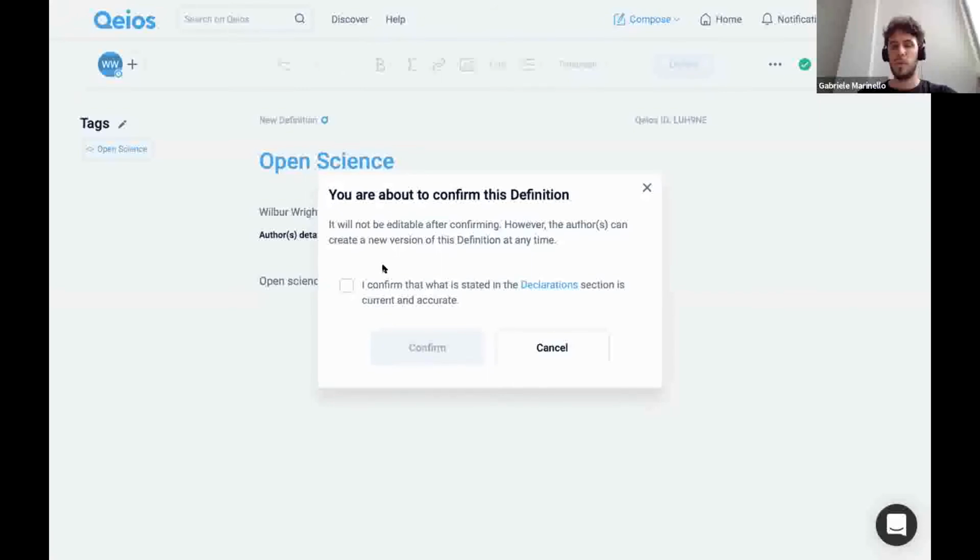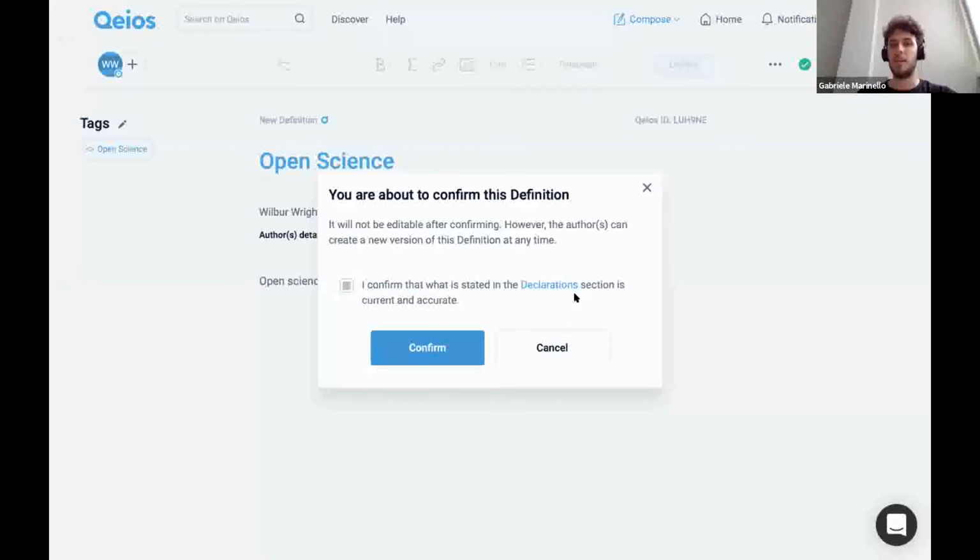If you've made some mistakes, or if you want to make some amendments to your definition, you can just create a new one with a new version. All definitions and articles are versionable. This is extremely useful. You can create as many versions as you want.